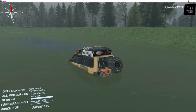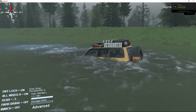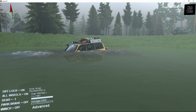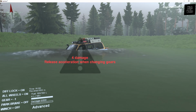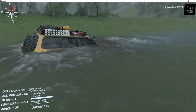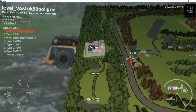Now I am running the latest version of Spintires Plus, like I normally tell you guys in the beginning of the video, but anyway, I am running the latest version. We are stuck. How are we stuck right now? What? And like I said, the latest version of Spintires Plus gives the game the ability to know when it has a snorkel on it or not, and allows the snorkel to work as a snorkel, not just an add-on piece that looks good. I do not know why we are stuck right now, but I guess we'll just go ahead and